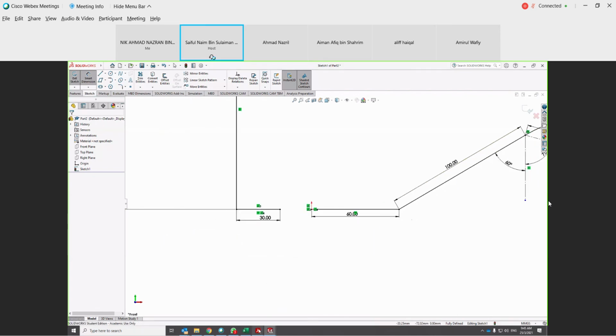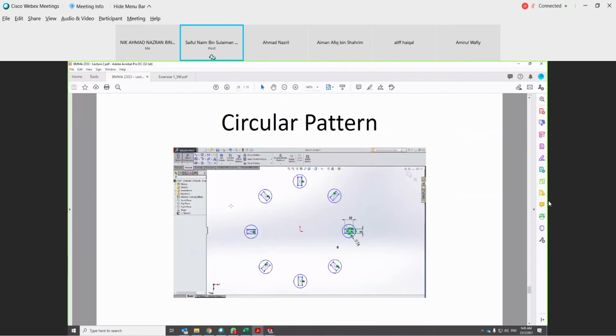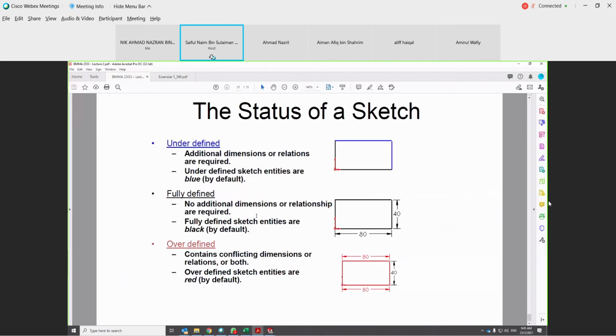Okay, you can refer to the lecture slide at the last page. So this is what I have explained to you, the status of sketch. Underdefined meaning that you need dimension or relation to define your sketch. So blue in color is underdefined. Fully defined if all the lines are black. Overdefined if the line is red. Overdefined in case of you define